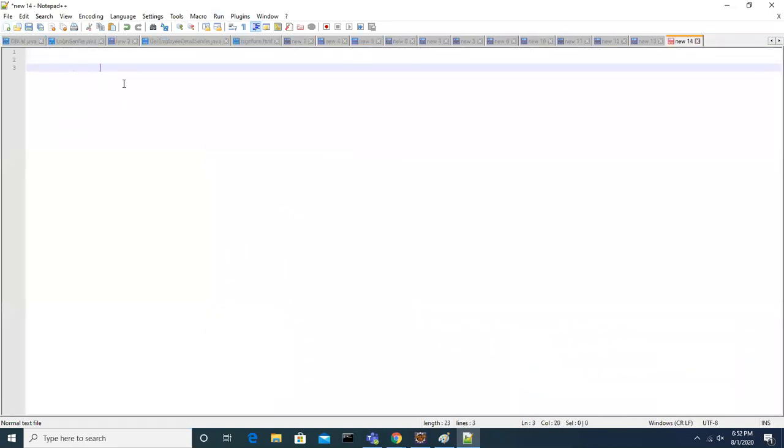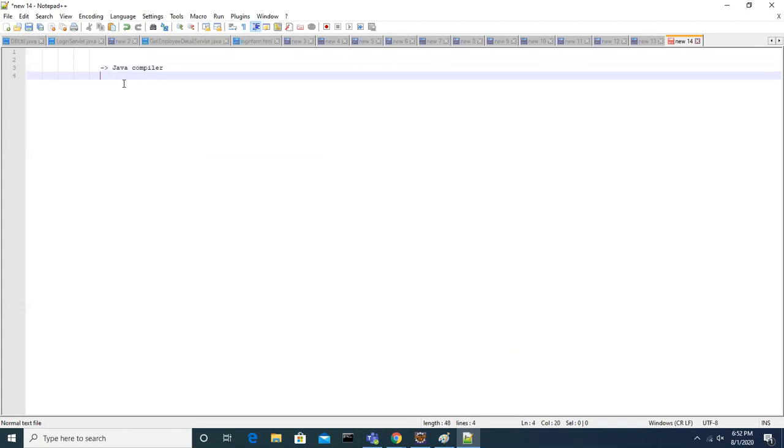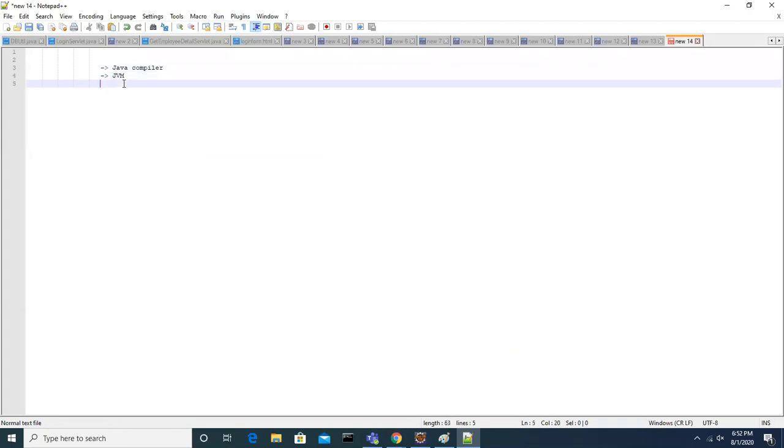Mainly you will have the Java compiler, the JVM, and predefined libraries.